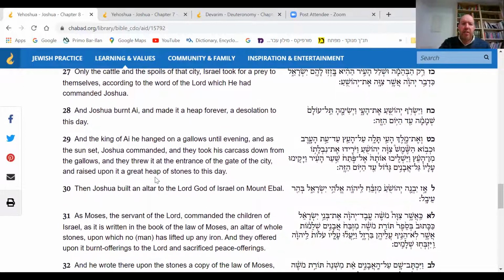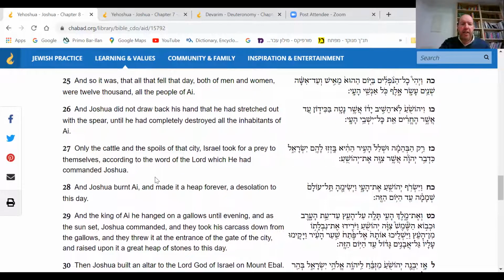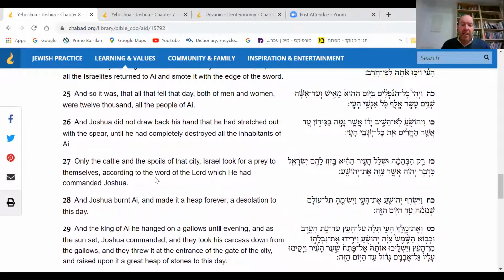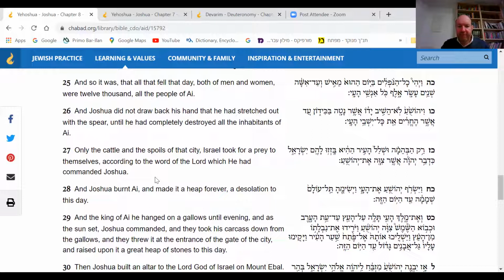We continue on to verse 29, the last closing verse. And the king of Ai, he hanged on a gallows until evening. And as the sun set, Joshua commanded, and they took his carcass down from the gallows, and they threw it at the entrance of the gate of the city and raised upon it a great heap of stones to this day. So they hanged the king, but, and this is a